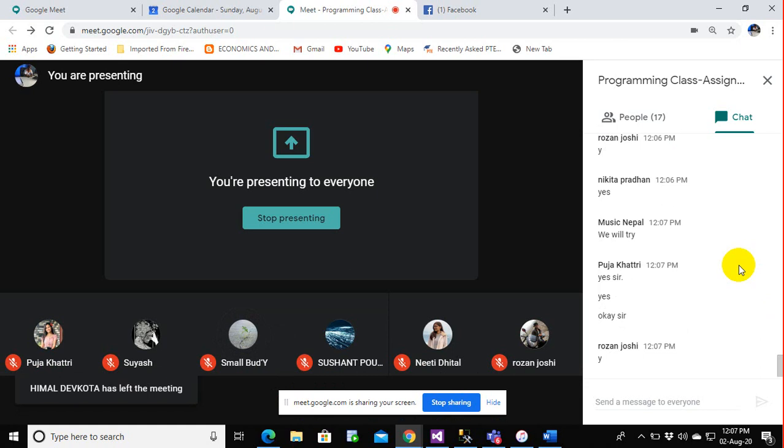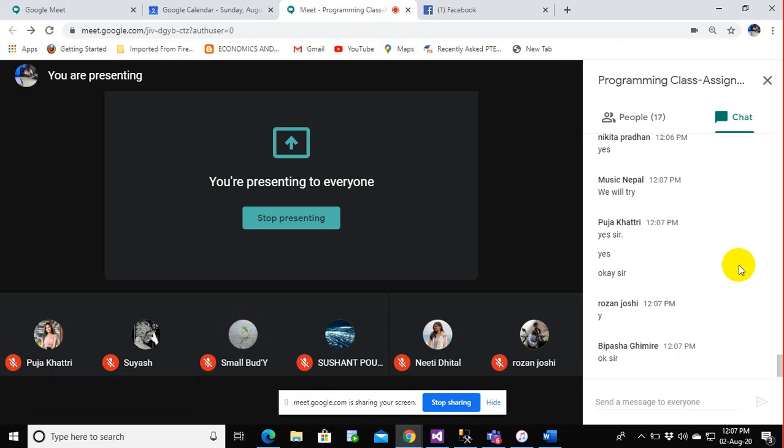Tomorrow we are going to start with the stored procedure. Okay, more interesting things to come. And maybe we'll have classes this whole week, and then we'll also try to work on a project starting from a very basic level, and we'll complete the whole thing. We'll try to make one whole complete software. This might not take more than 10 to 15 days. So we'll try to finish the whole software part.